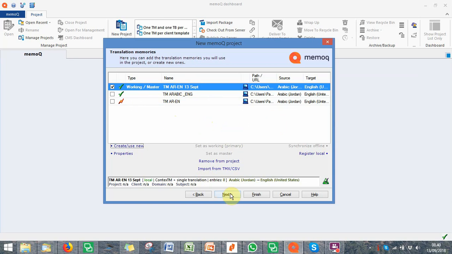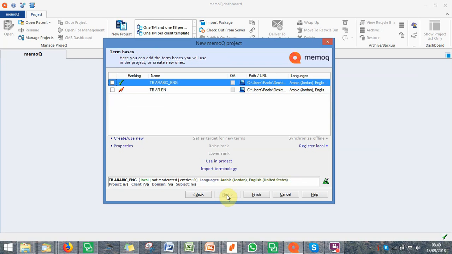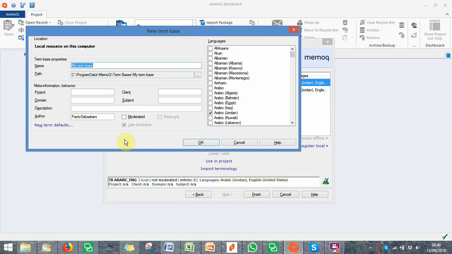Now I move forward and I will have the same window for the term base, the glossary. So click next. Here is term base. Here I can do the same thing. I can click on create and a new wizard will pop up. That would be the wizard for the creation of the term base. And then I can do the same thing as I did for my translation memory. So click on create, name my term base, call it TB